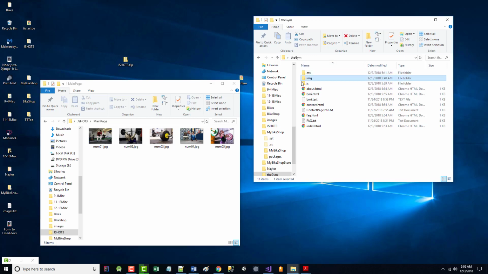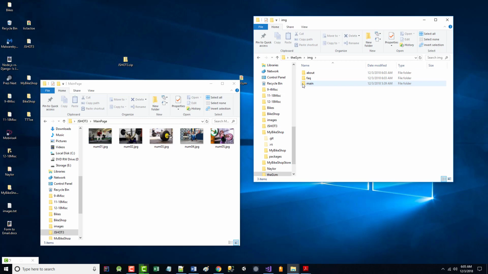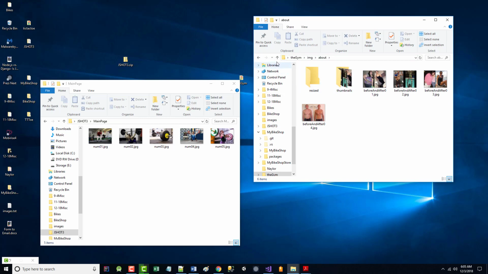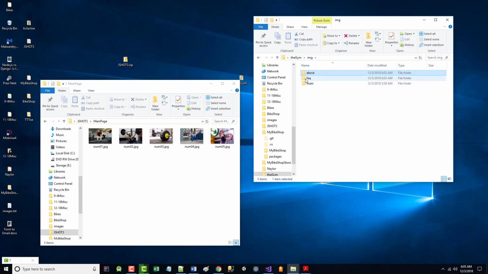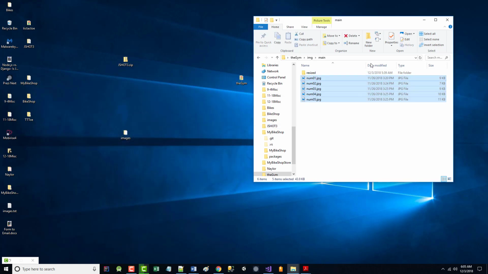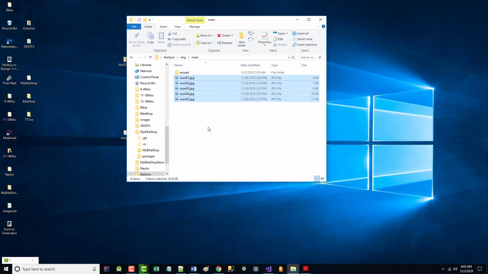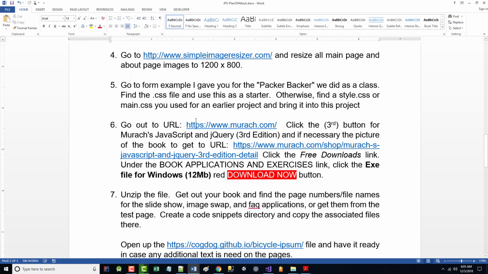So let me go back to images. Alright, I now have my About stuff. That's in there, good. I should have my FAQ, my plus and minus. That's in there, good. And finally then, for my main page, which is now empty, I'm going to come in here and copy those in. That should be everything I need to copy in from what I gave all the students. Alright, so jumping back to the old plan of attack here,